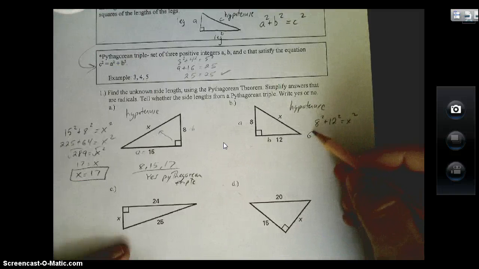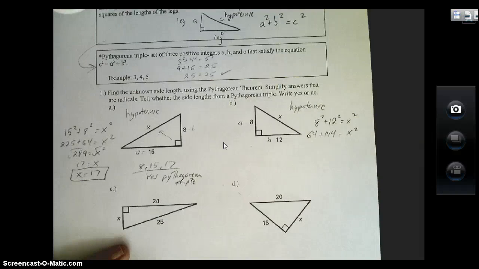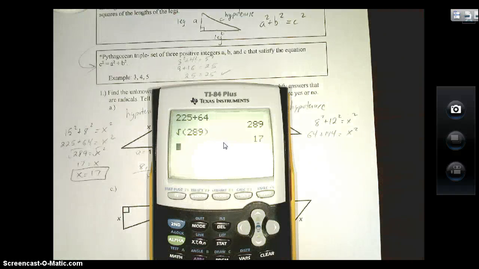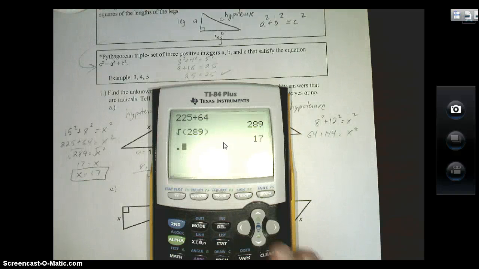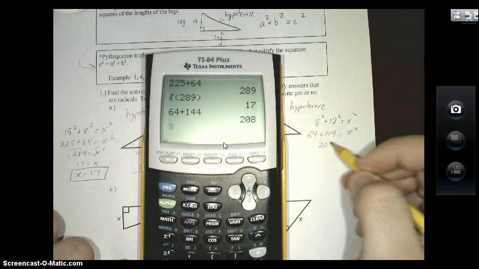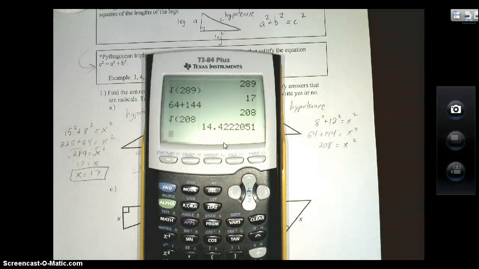We're squaring things out. 64 plus 144 equals x squared. If I add this together, we can take a look here. 64 plus 144 gives us 208. All right, so 208 equals x squared. Now just to check myself, square root of 208 is 14.42. This tells me that this is not a perfect square, which is all right, but